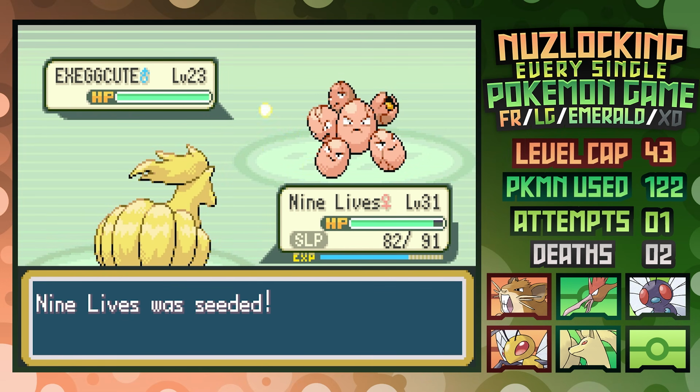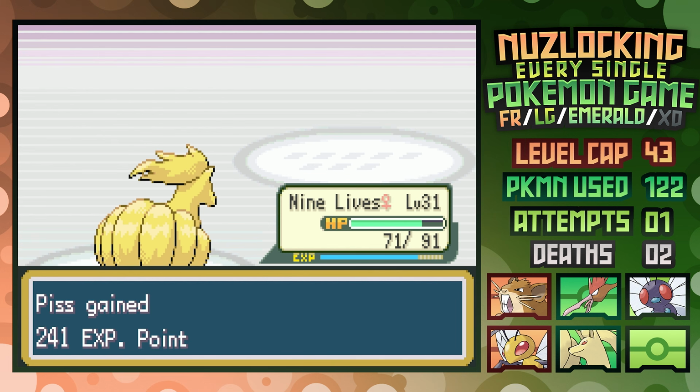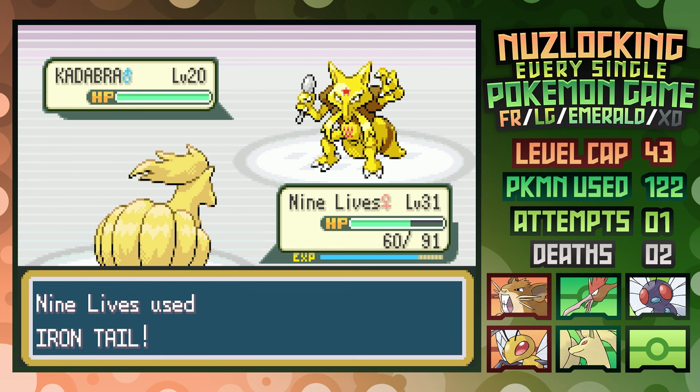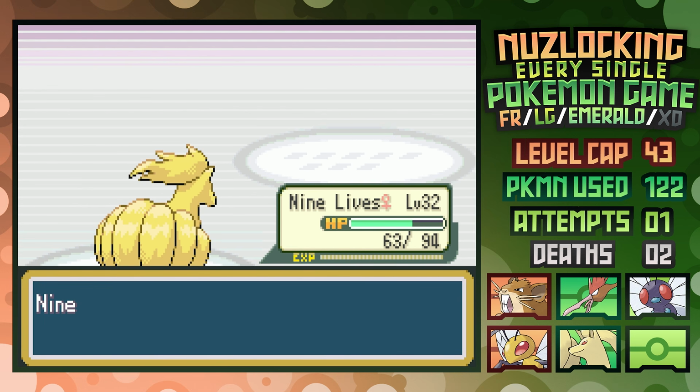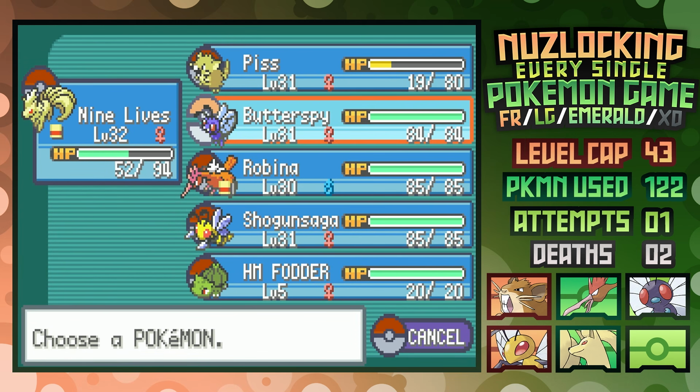However, she does wake up within 2 turns, then one-shots Execute with Flamethrower, though Leech Seed is already set up, so I'm on a clock. Kadabra comes out next and goes down to Iron Tail, so my clock is still okay. Of course, this just leaves Charmeleon, and fighting fire with fire isn't necessarily a good idea, though it is metal